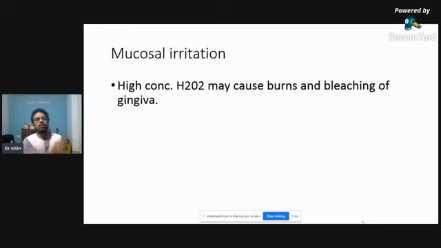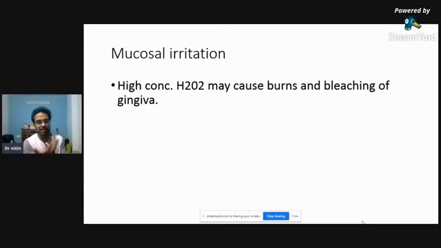Mucosal irritation, yes, very well. Burns with bleaching on the gingiva and lips have been shown in patients where the gingival barrier or lip protection is not done. And in the last session, Dr. Anand asked me a question regarding what we can do if the bleaching agent accidentally falls on the gums or lips. So that time I told we could apply a coating of Vaseline earlier, and then we can put a few